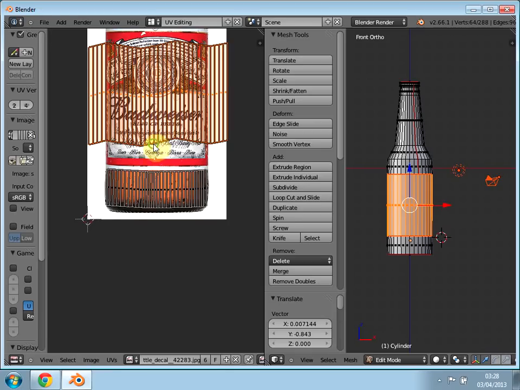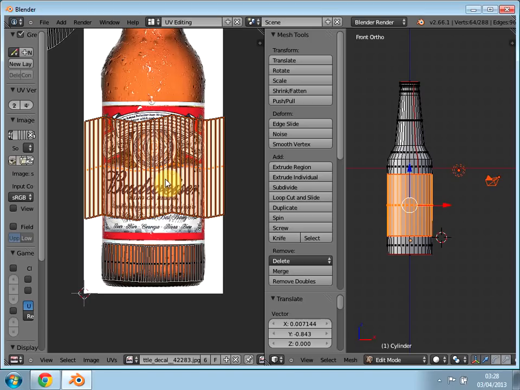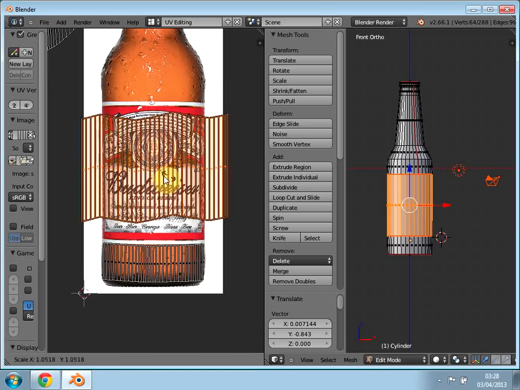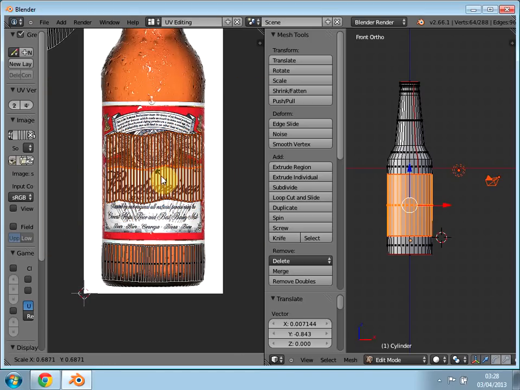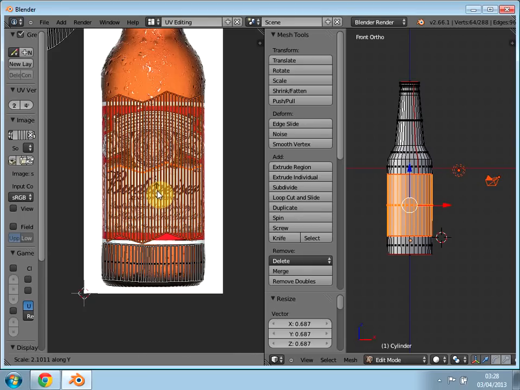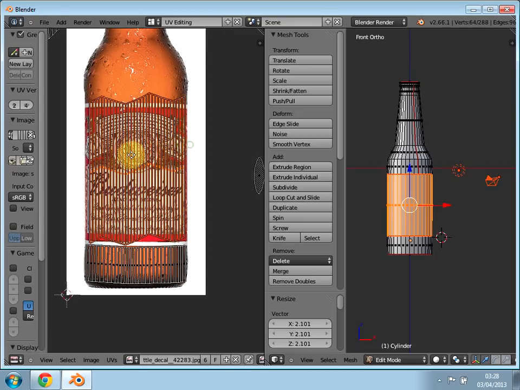You can zoom in, scale this in to here, and then you can press S, and on the y-axis you can bring it to about here. Once that's done,